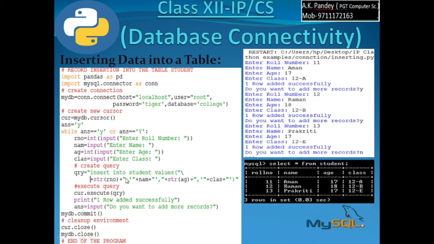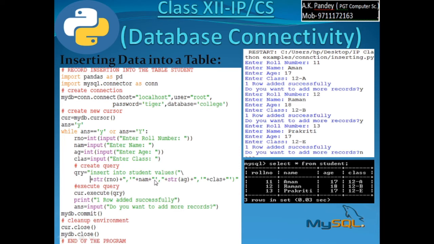So plus inverted commas, comma should appear as it is, then single quote should appear as it is, then the value of name should be concatenated. As you know that name should be within single quotes, that is why in double quotes on this side also a single quote, and in this double quote on the right hand side also a single quote is being merged. So this thing, whatever you want to appear as it is, should be enclosed within double quotes. So comma, then single quote, then name, whatever is the value of name.